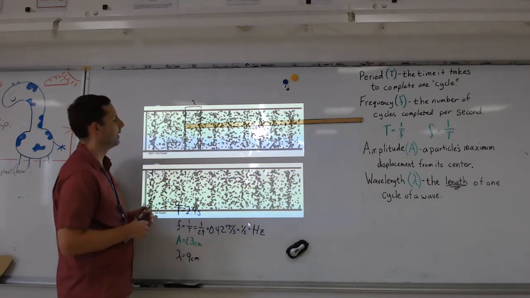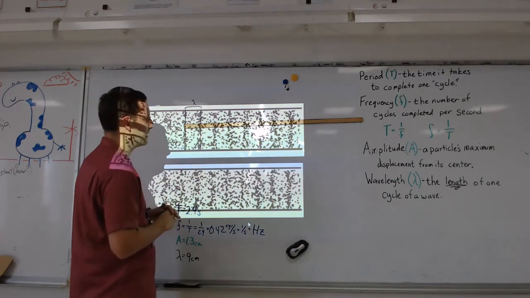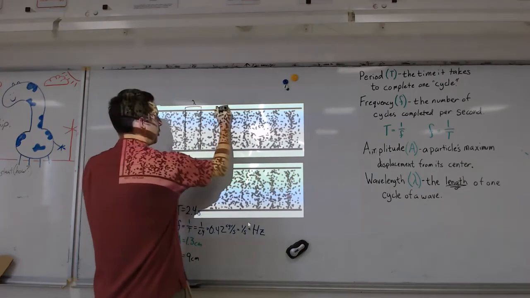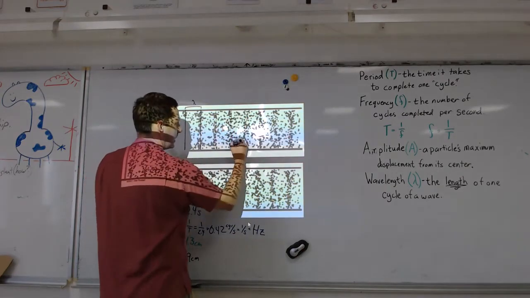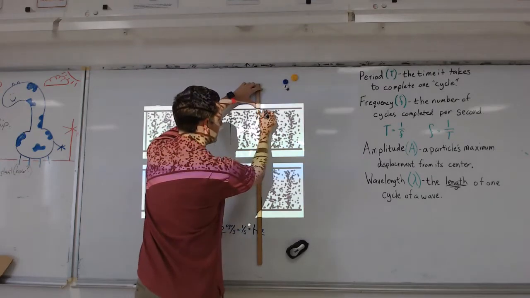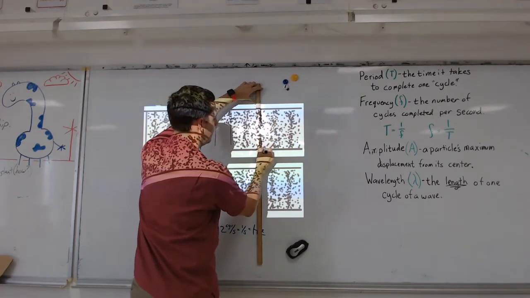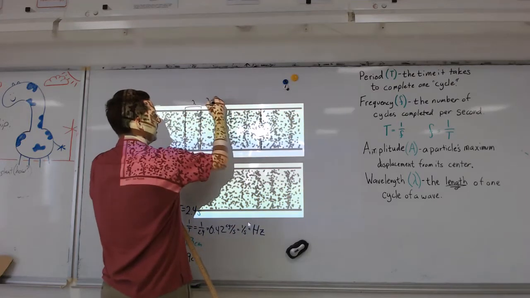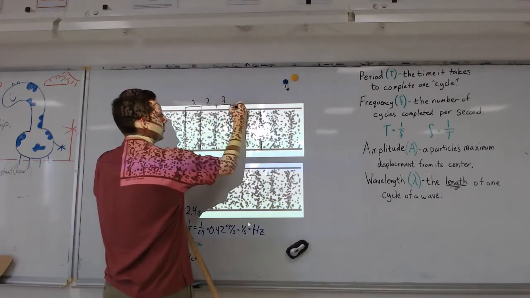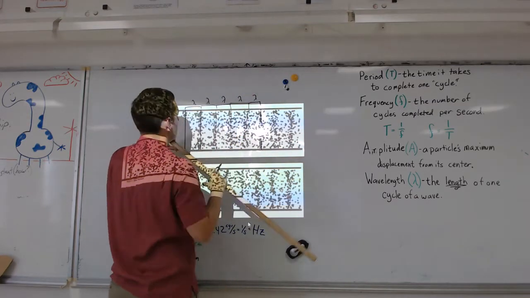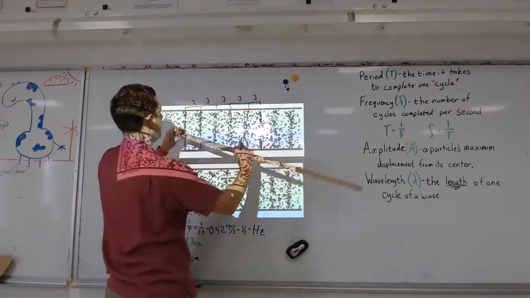Now, obviously, a better way to do this would be to measure several of them, right? So I could put another line here, another one here, another one here, and I could go down maybe 5 or 6 different wavelengths. So there's one wavelength, there's another one, there's another one, and I could measure several of them. So I've got 1, 2, 3, 4, 5 wavelengths there,